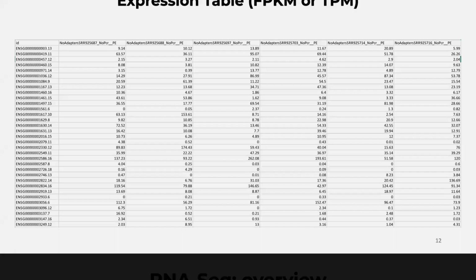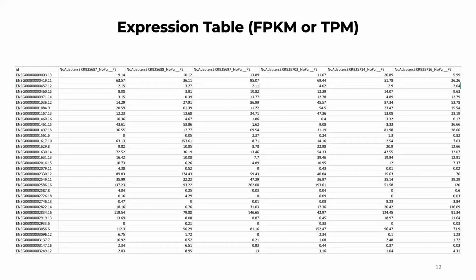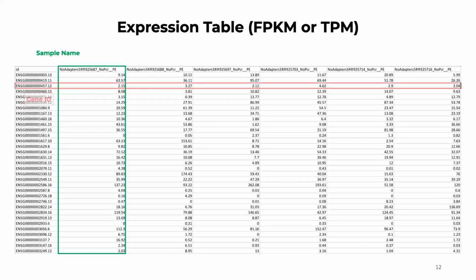Expression table, one of the things that we're going to be looking at today is a table of genes, which you see in your rows, and by sample, we know which gene has what kind of an expression. So if you did the assignment for yesterday, you probably noticed that visualizing the gene expression gives you a bar for each one of your samples. And the level of expression is that number right there.